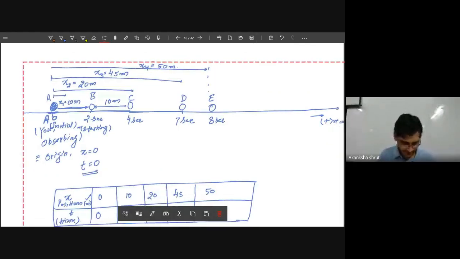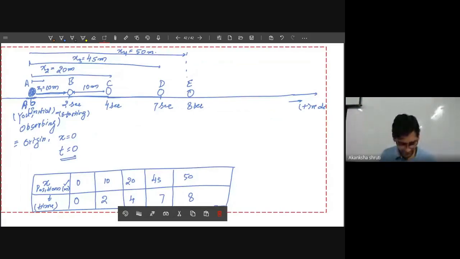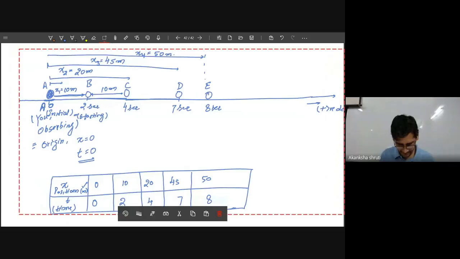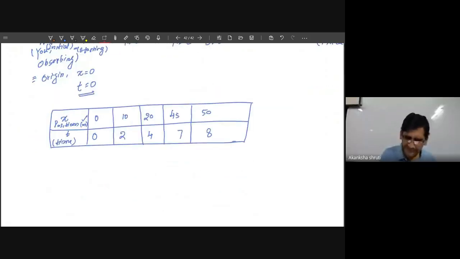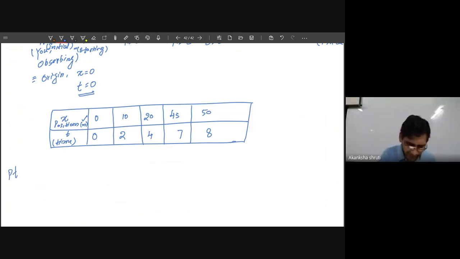Okay, so students, this is what we have listed right now. So this is the situation that we are taking. Now we want to plot, so draw. So how will the plot be? Plot means the graph. Whether the term plot or graph is used, they mean the same thing.